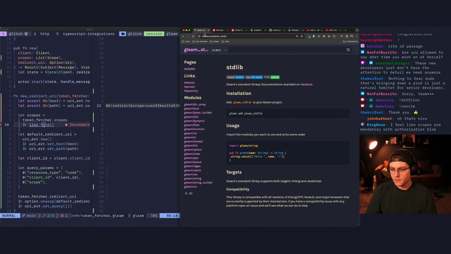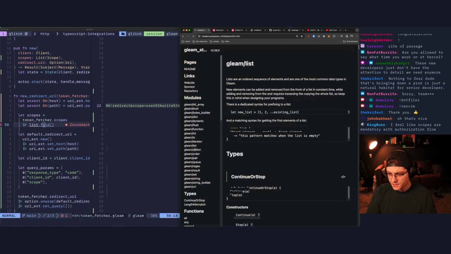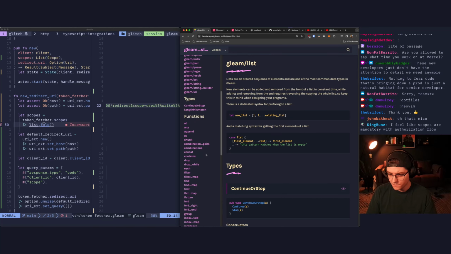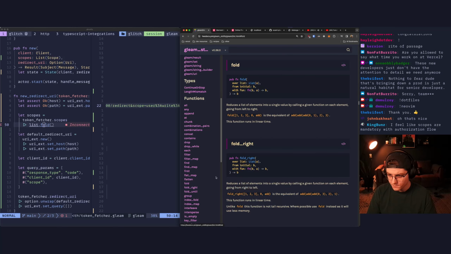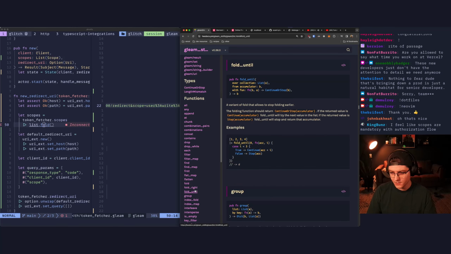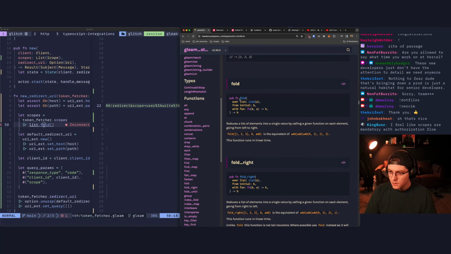Let's go pull up the standard docs, list, and fold. Where are you? Fold. I love that fold until is in the standard library. I end up writing that all the time in OCaml. So we're gonna fold over our list. Our initial state's the first one, so that'll be an empty string. And then our function will be